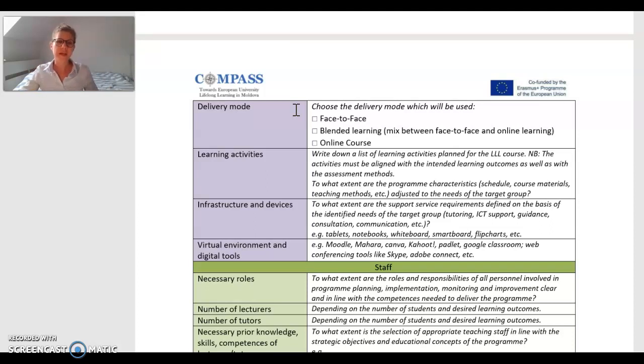But of course, you also need to consider the infrastructure and devices they have at home, and when using digital tools and a virtual environment, you need to consider that they might need some explanations. So, I mean, I have to say,